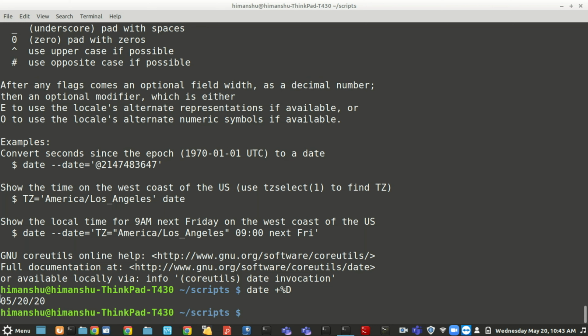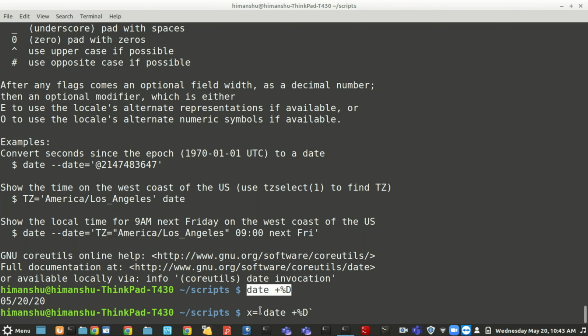Correct? Now you can store the value of this in a variable also, but how? Whenever you are running any command that is already a command in Unix, let's say I am taking x equal to, so to store the value of that command, what I have to do, you can use back quotes and then run the command, because it is running a command that itself can run on a terminal or a shell.